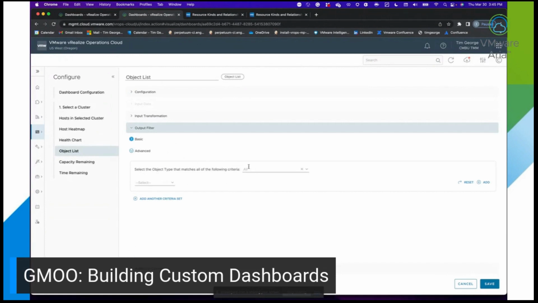And the advanced is going to allow us to specify a set of criteria, or multiple sets of criteria, for how we want to filter this down a little bit more. So in this case, since we want to only see our virtual machines that are powered on, I'm going to type virtual machine here, and then we can go to properties, and I want to choose a property. I believe, if I remember, it's summary, runtime, and power state. There we go. And I want the power state to be only